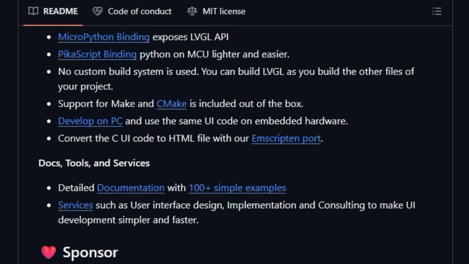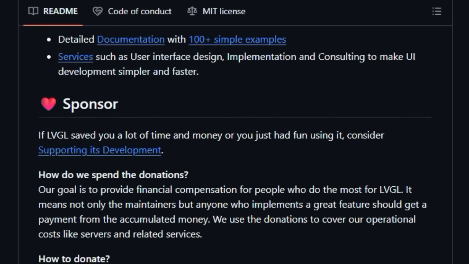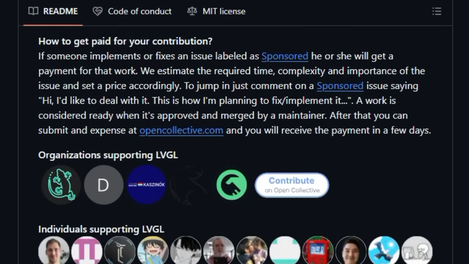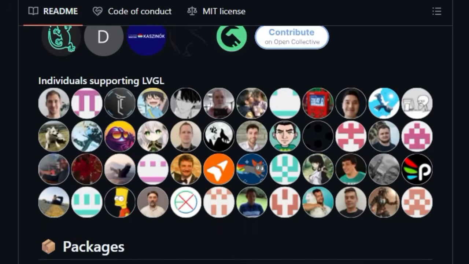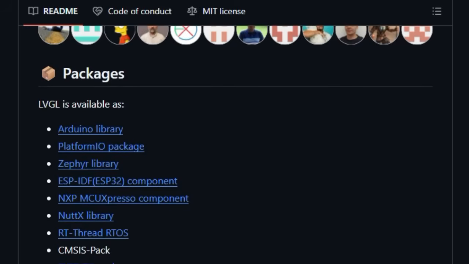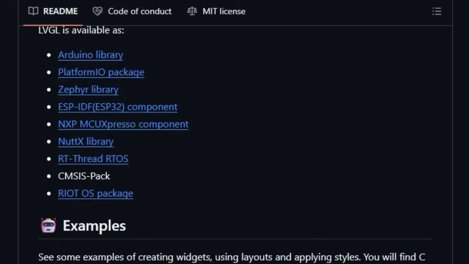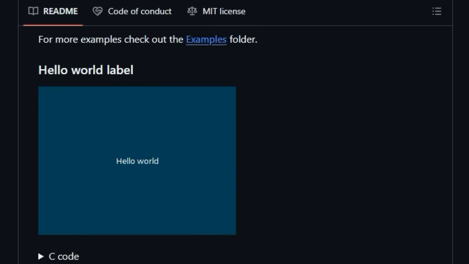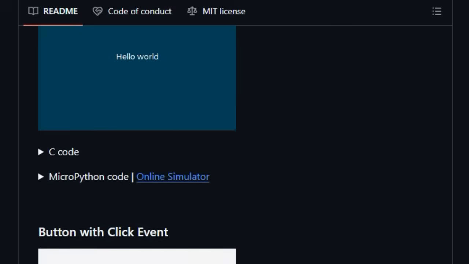You can run it on devices with as little as 32 gigabytes of RAM and 128 gigabytes of flash, making it ideal for deeply embedded projects. Yet it doesn't skimp on effects. LVGL supports smooth animations, anti-aliasing, opacity, shadows, image transformations, smooth scrolling, and even emoji and international text support like Arabic,